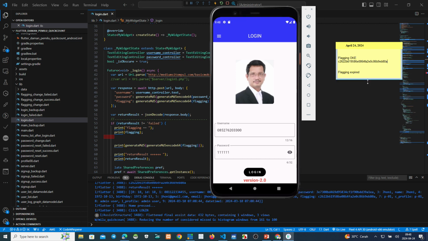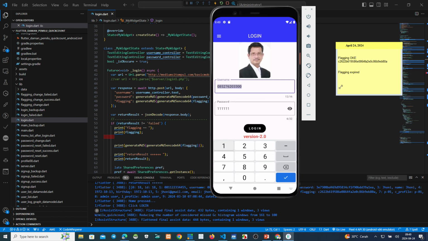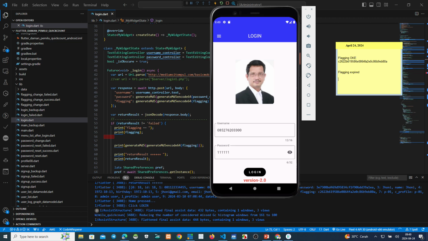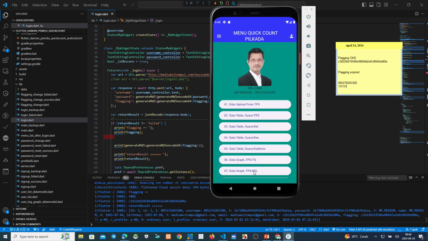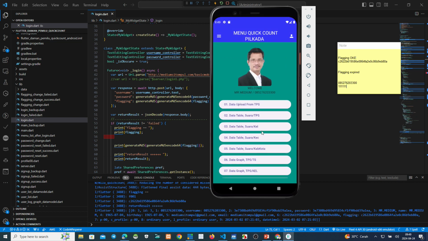The first one, we log in with this number. Sorry, I want to copy this. Okay, the password is. Now we try to log in. Okay, correct. Success login. This guy successfully logged in to this application.